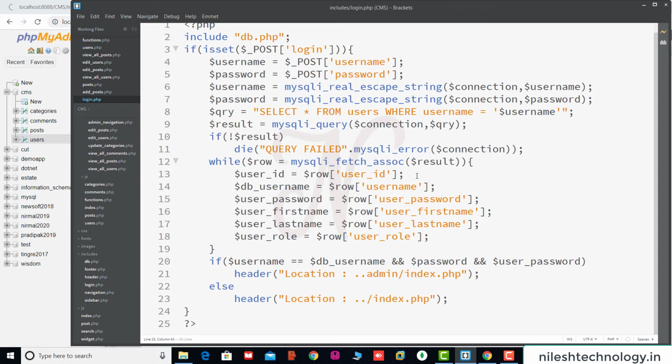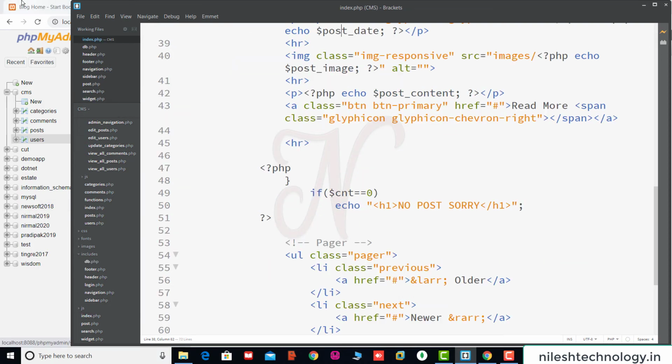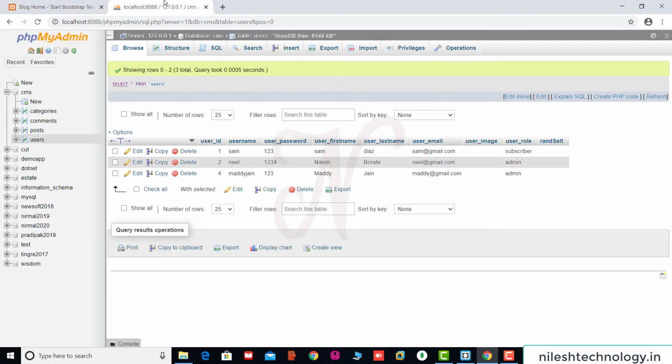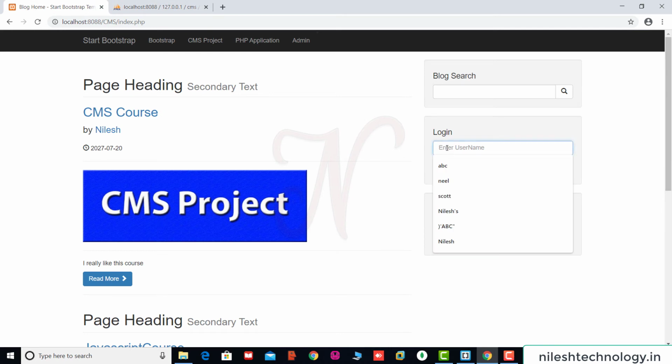So save these changes. Now here we again run this index.php file. See here in this user section, the username is Neil and the password is 1234. So here we test Neil 1234, click on this login.